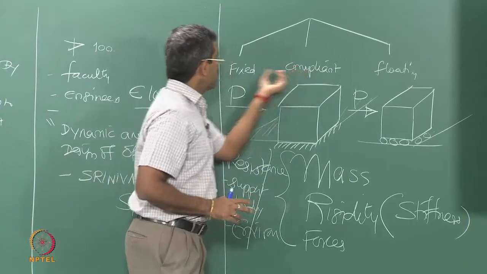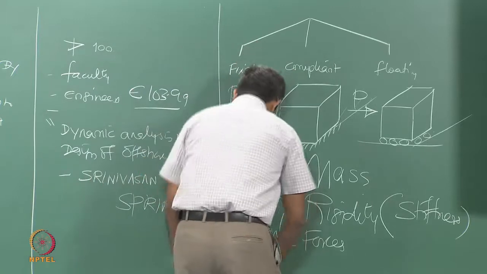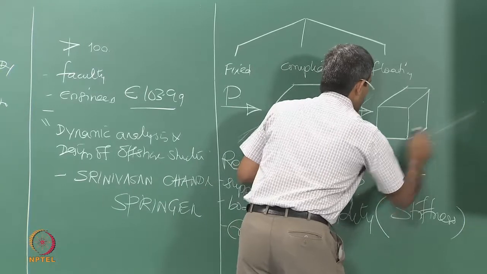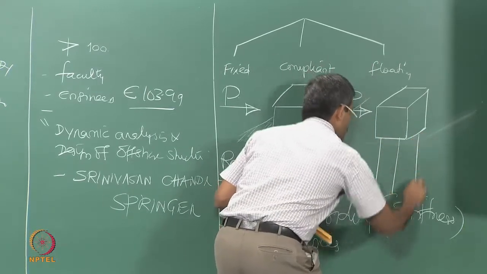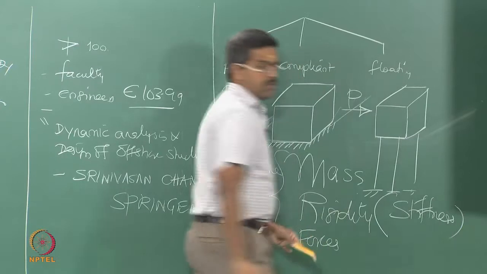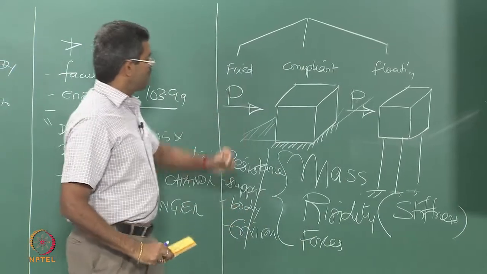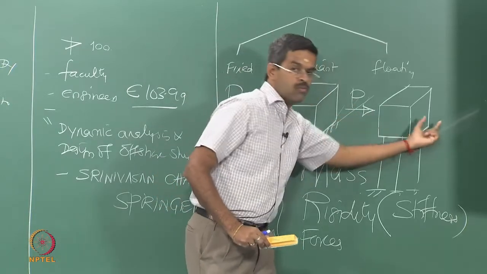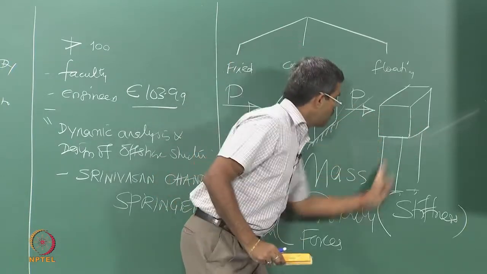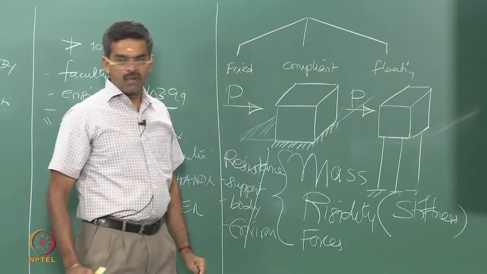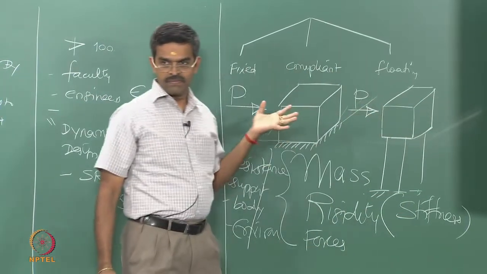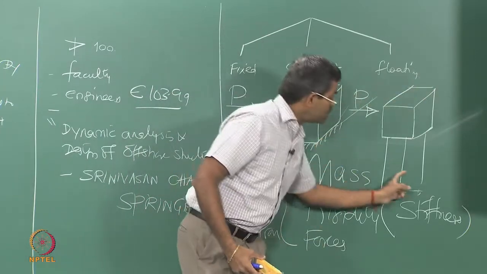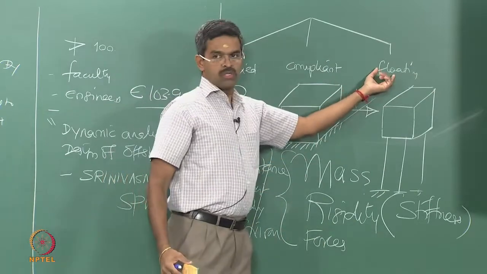Compliant type is different from this, where the bottom of the structure is anchored to the sea floor. The difference is that the structure has some freedom to move, but the structure is position restrained. So, the freedom is not infinite, there is some limit, a restraint imposed on the system by the supporting condition. The third one, of course, is fully floating,